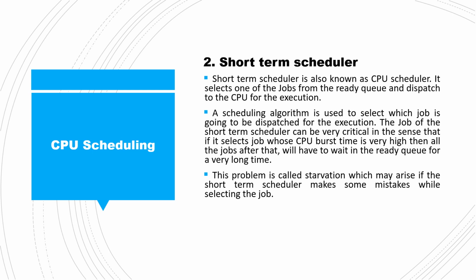The job of the short-term scheduler can be very critical in the sense that if it selects a job whose CPU burst time is very high, then all jobs after that will have to wait in the ready queue for a long time. This problem is called starvation, which may arise if the short-term scheduler makes some mistake while selecting a job. Third type is